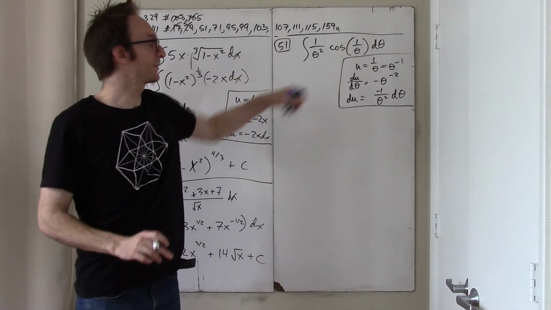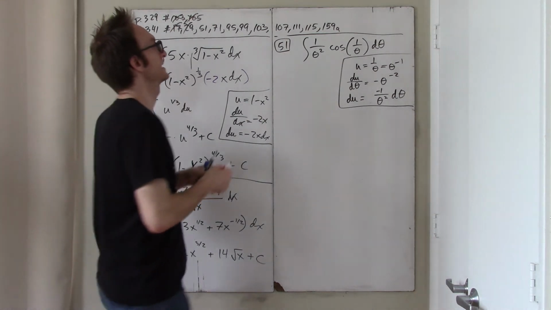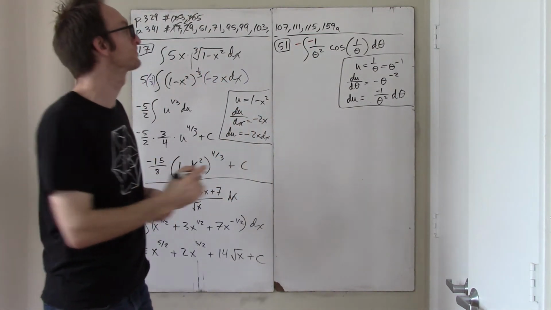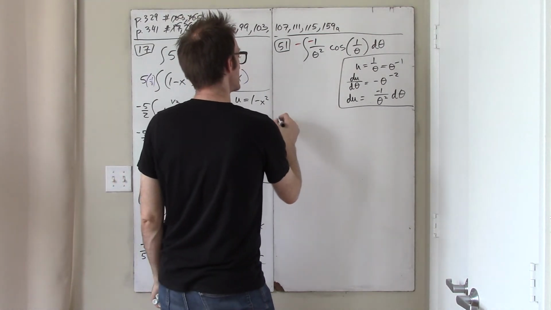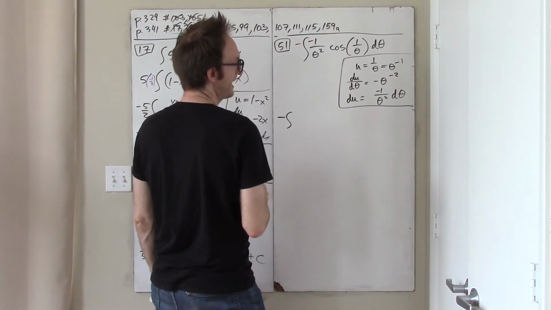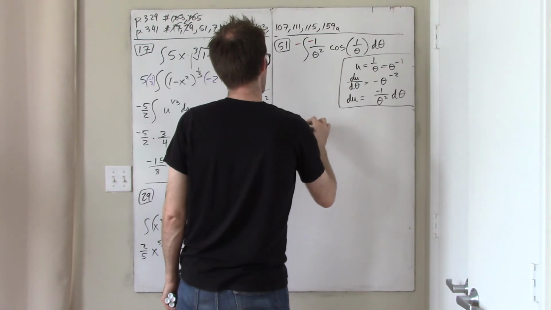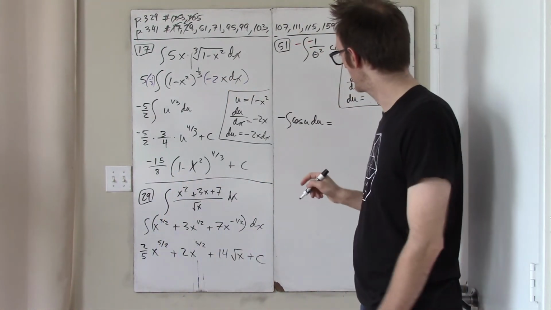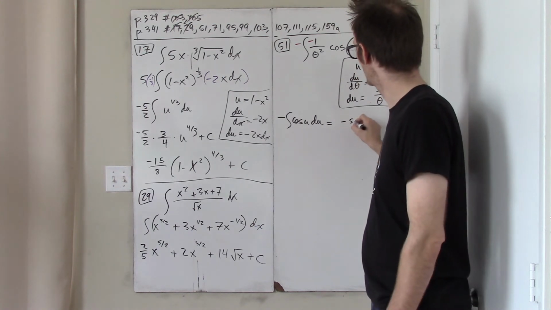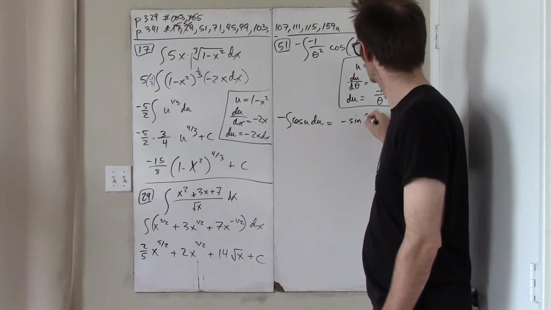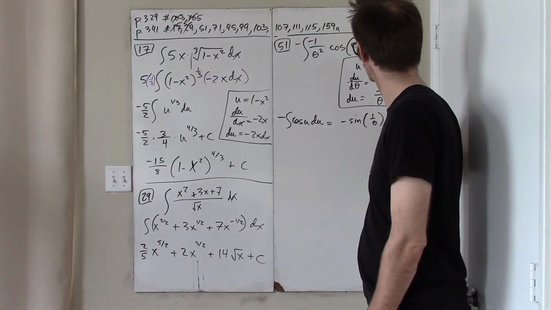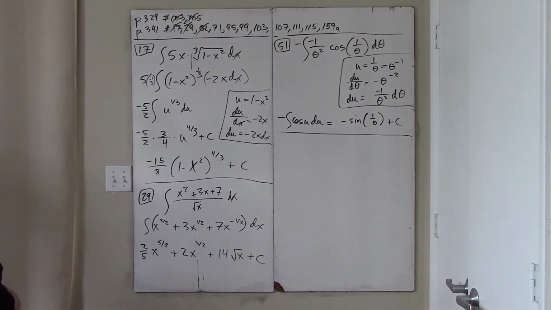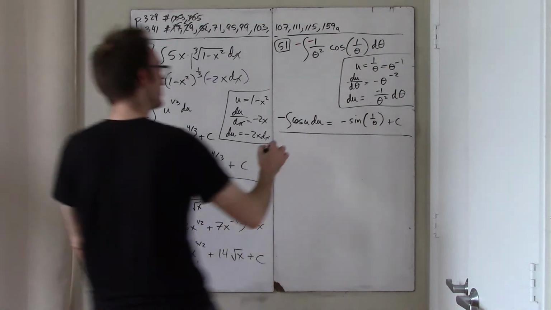And that's just really good, because that's almost exactly what I have in there. So I stick in the negative and undo the damage with another negative on the outside. And this thus becomes negative cosine u du. And the antiderivative of cosine is sine. So this is just negative sine u, otherwise known as negative sine 1 over theta plus c. Okay, have we done with this yet? One more. 71